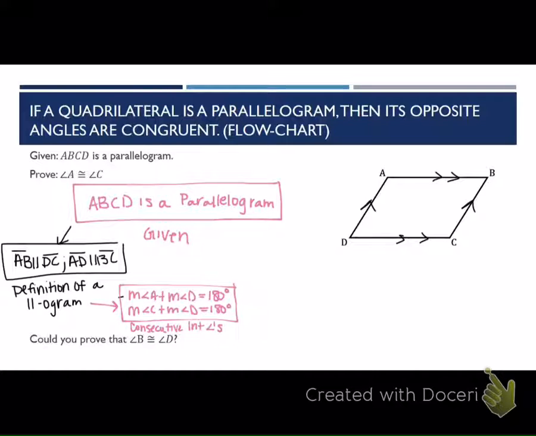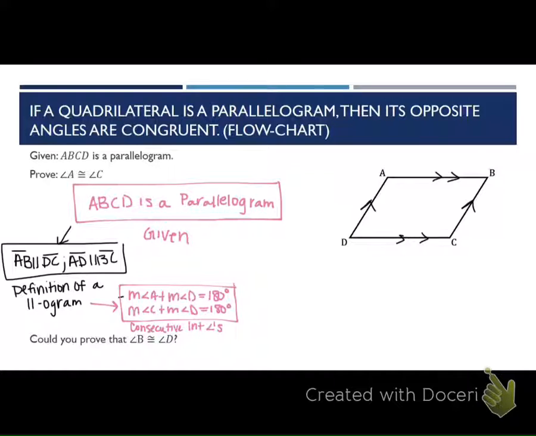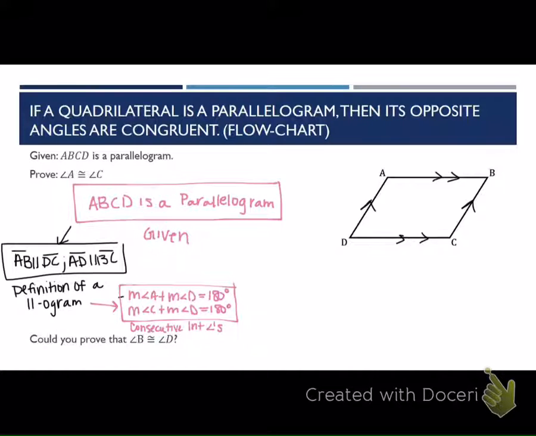So why did they choose these two? Notice where we're trying to get to. We are trying to get to A and C being congruent, right? If we would have done A and D and B and C, yes, we would have had A and C in both of them. But what do you notice about these two? What is the same thing that's in both of those? They share D. So we are going to be able to get that D out of here in some way